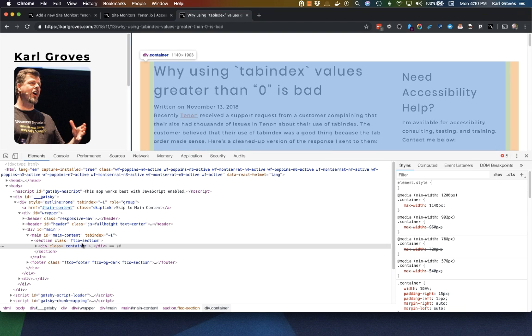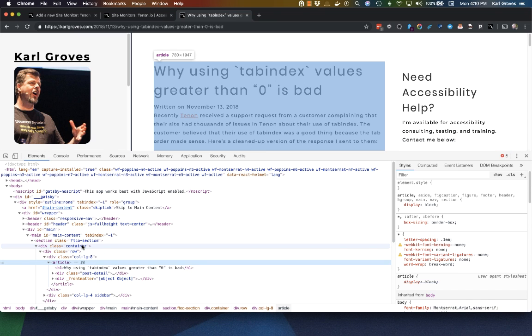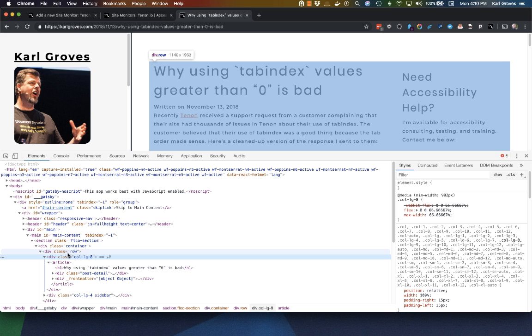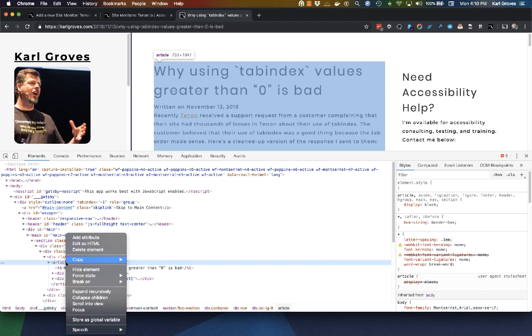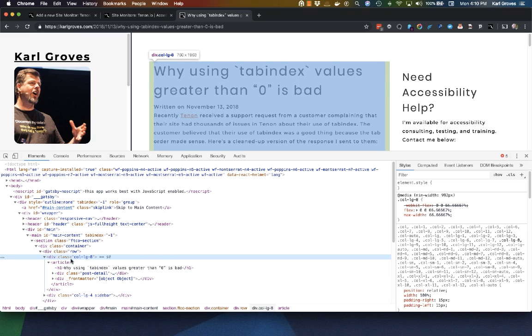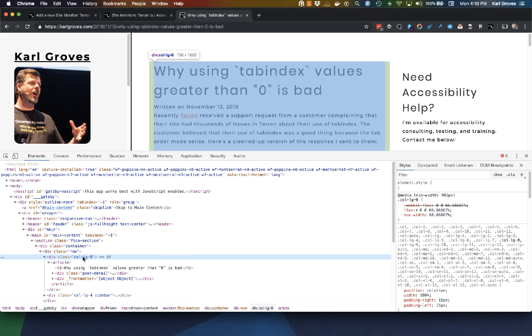Maybe I want to test the main content, the container section here. So let's see, it's highlighted. This is the container section. And actually I want to do this one. I want to test the article. Let's see here. I want to copy the XPath. Actually, what I'm going to do is copy this. This is the class name. I'm going to copy this class name. That's going to be main